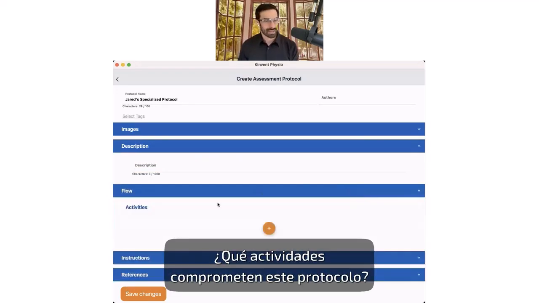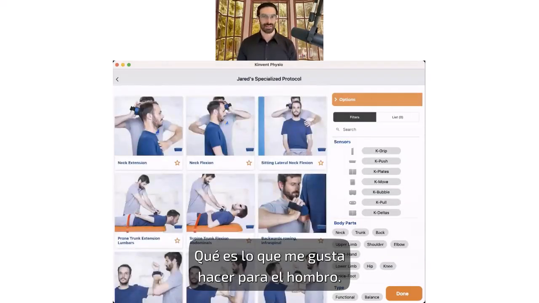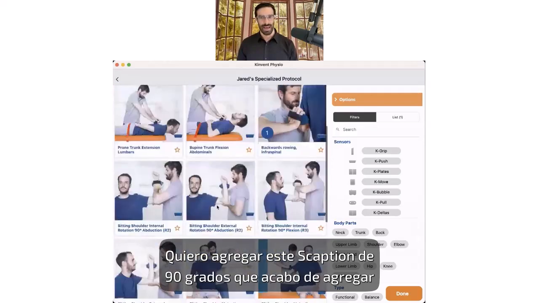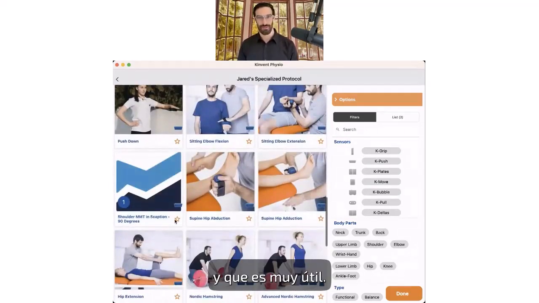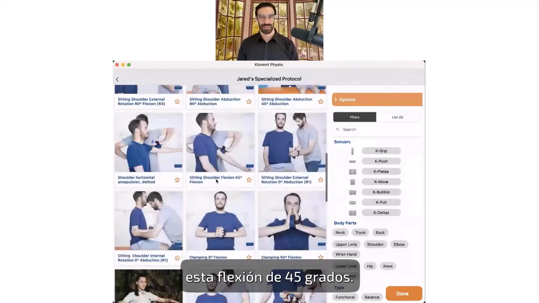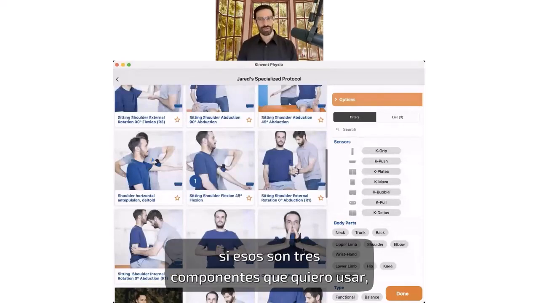What activities comprise this protocol? I want to add new activities. Well, what do I like to do for the shoulder? Backwards rowing for infra. I want to add in this 90-degree scaption that I just added. It's very helpful. And I also want to test in this position, this 45 degrees flexion. And if that's my shoulder screen, if those are 3 components that I want to use and utilize, I hit